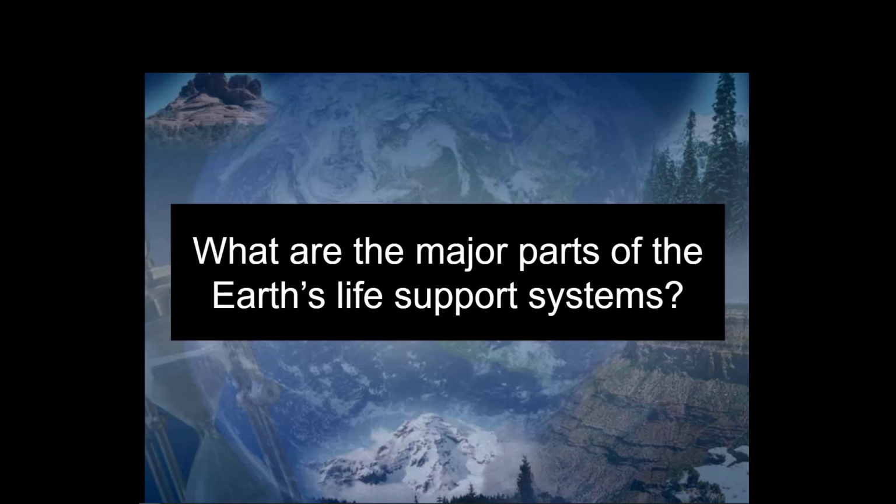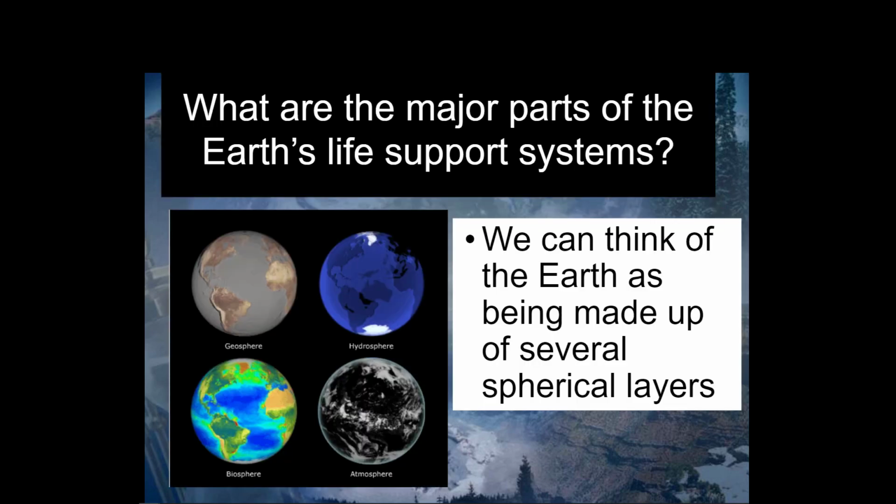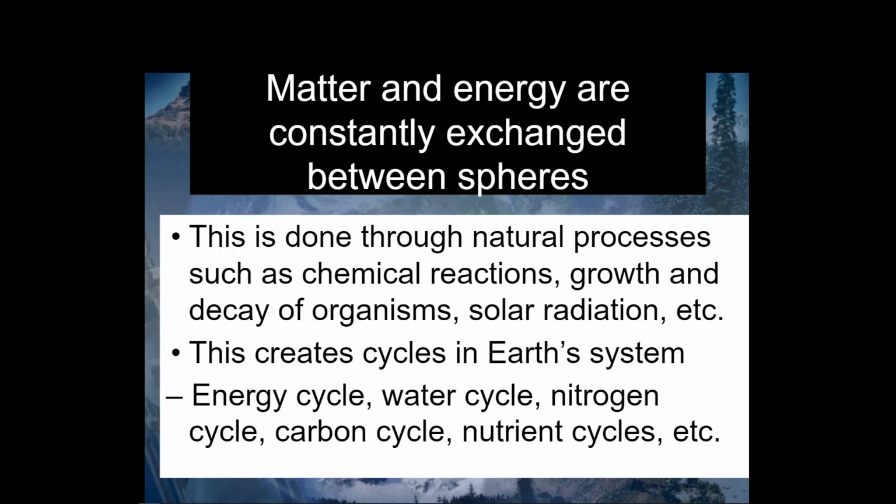Back in elementary school or in your grade 9 or 10 science classes, you probably learned about the Earth's spheres. And your teachers taught you about these 4 spheres that our planet is composed of. You also probably learned about the Earth's cycles, which is the movement of abiotic matter through the different spheres.